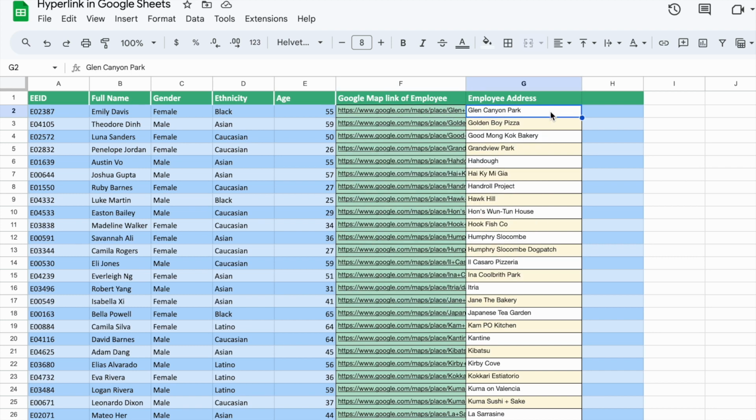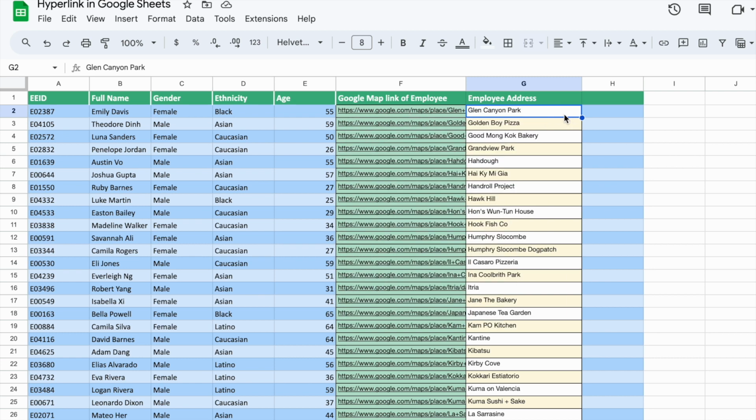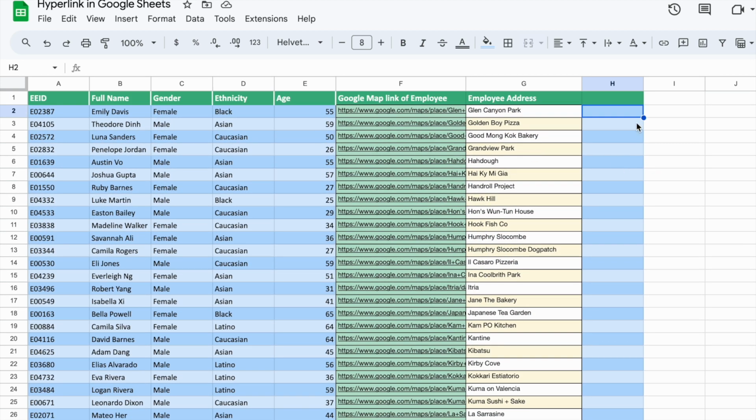Now let's say you want to hyperlink this address with Google Map. You don't want Google Map separately, right? So I will do the hyperlinking for all this data. For this I have to use an array formula. So we'll try equal sign, ArrayFormula, then